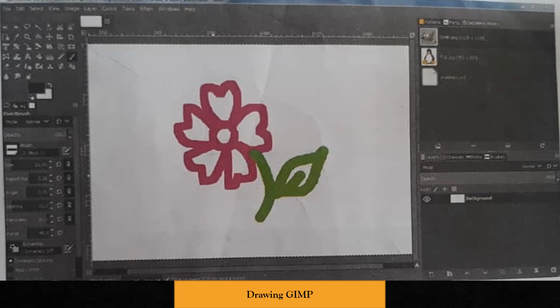Okay. What we have to do, again I am telling, we have to go on the Tools menu. After that, from there we have to go on Paint Tools. Then from Paint Tools we have to choose brush or pencil as per our choice. Then whatever we want to draw, we just have to draw on the blank image area. Then we have to release the mouse. Okay, and we can change the foreground and background color also as per our choice. By default, the foreground color is black and the background color is white.